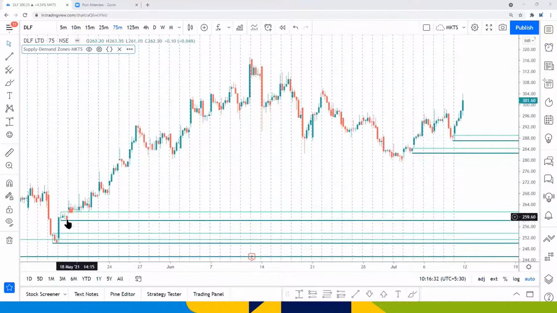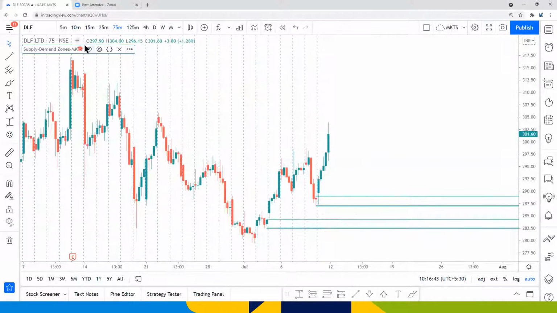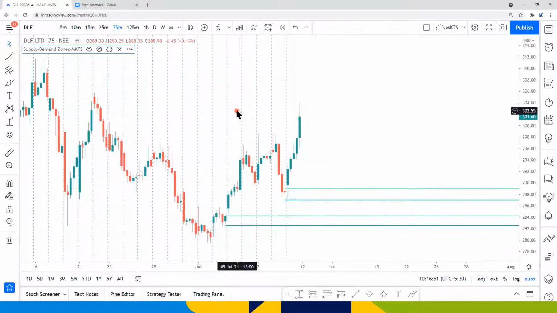Over here, can you see these zones are not violated? Here there was a gap up. There's a drop base rally, still valid zones it is plotting. Sometimes you see over here an exclamation mark. The indicator loop, if it's taking too long to load, at times it happens depending on your internet connection. All you need to do is just refresh your browser if you find it stuck. If the indicator is stuck, just refresh your browser.